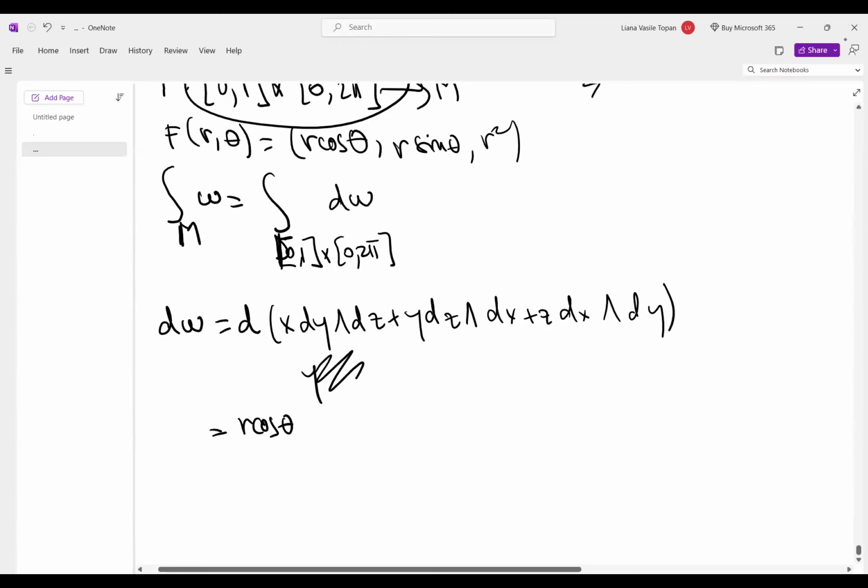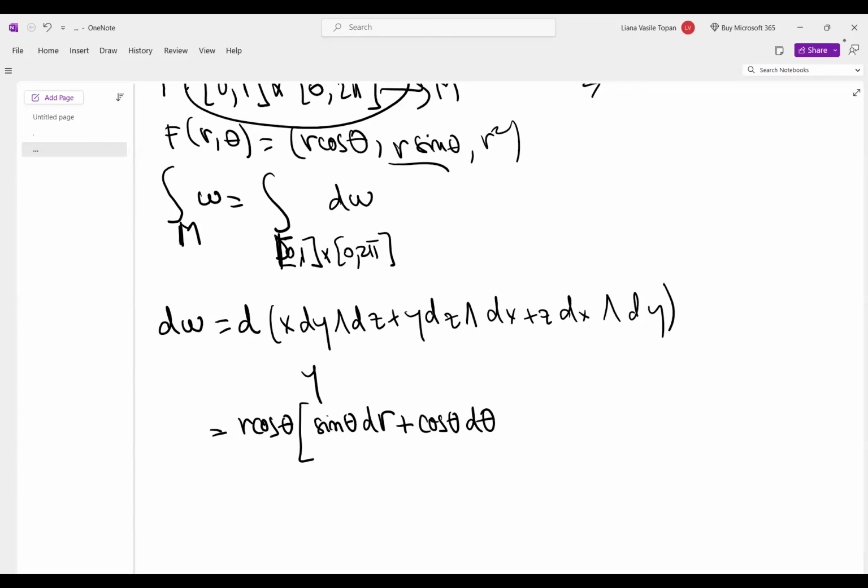Now dy means, y is r sine of theta, so the derivative with respect to r is sine of theta dr, plus the derivative with respect to theta, which is r cosine of theta, d theta, wedge